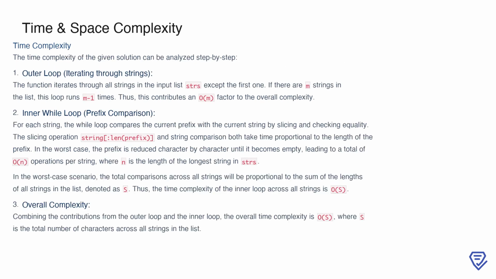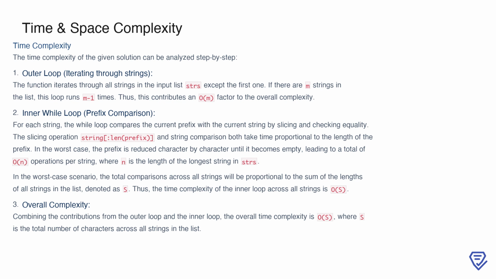The time complexity of this solution can be broken down step by step, starting with the outer loop. This loop iterates through all the strings in the input list, excluding the first one. If there are m strings in the list, this outer loop will execute m-1 times, contributing an O(m) factor to the overall complexity. Now, within this loop, we have the inner while loop, which is responsible for comparing the current